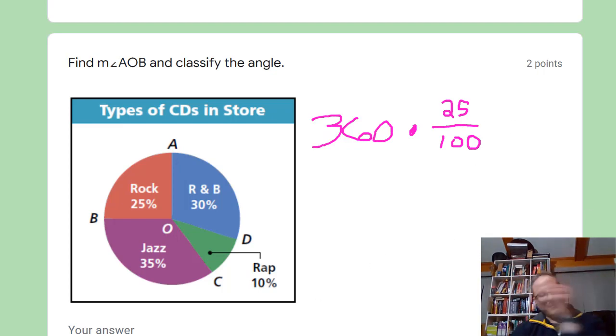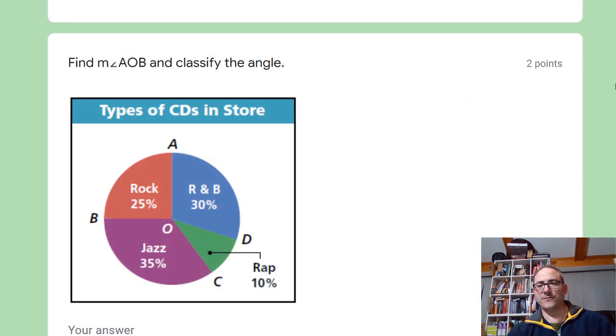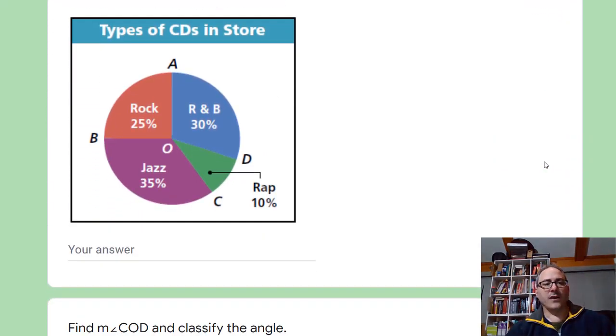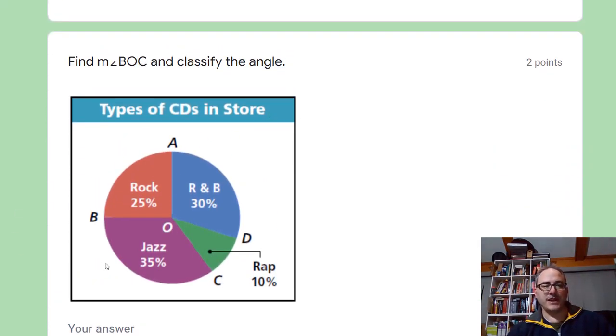That's your answer. I want you to pick up your calculator and figure that out. Make sure if you're using your calculator to put parentheses here. You will need parentheses there, all right? Actually, you won't need parentheses there possibly, but that's okay. It's always a good habit when doing fractions. All right, now find BOC, right? BOC